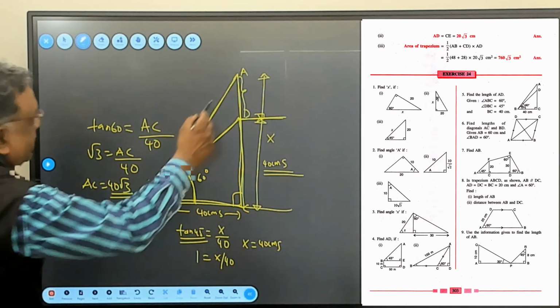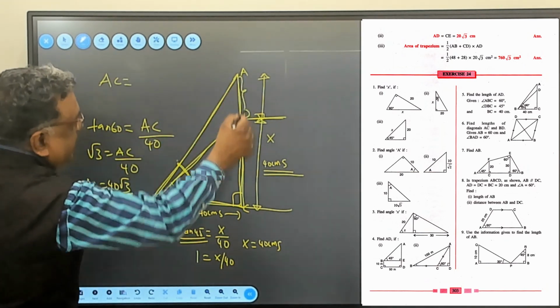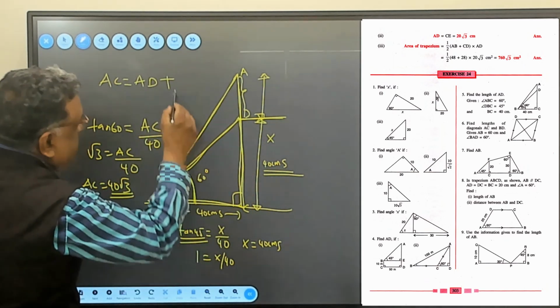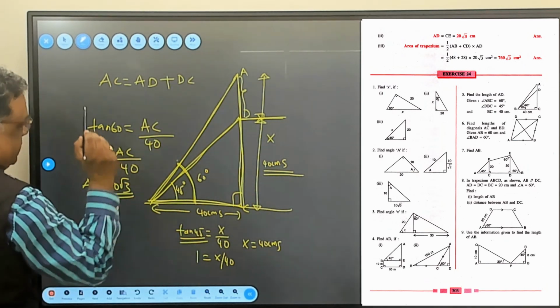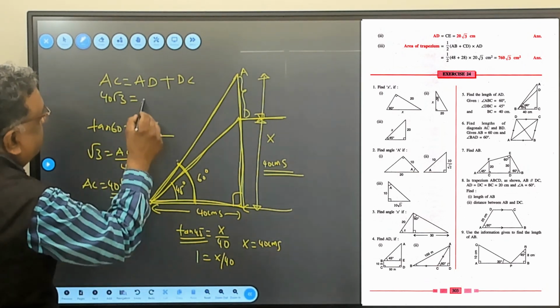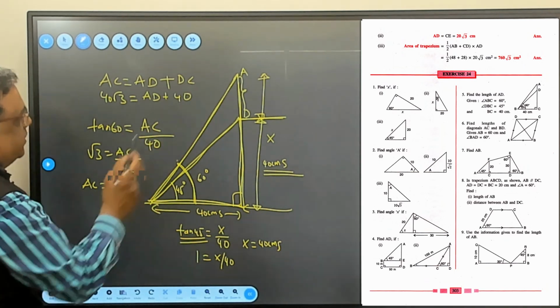But I have to find out AD. So can I say AC is AD plus DC, which means AC is 40 √3, AD and DC was 40, which means